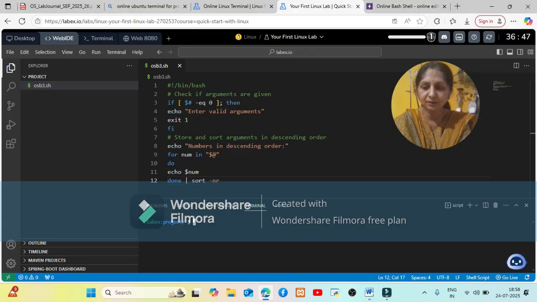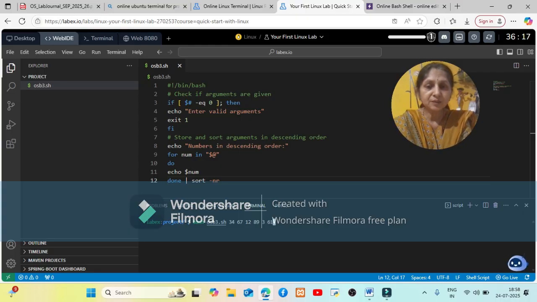So how do I do that? How do we execute the shell script? By using bash, right? So I'll say bash osb3.sh and here I will supply some numbers, say 34 space 67 space 12 space 89 space 3 space 61.